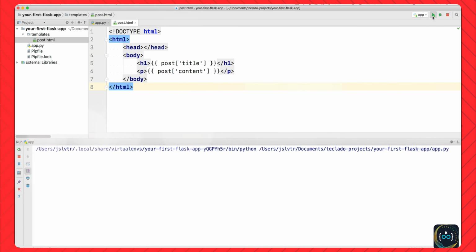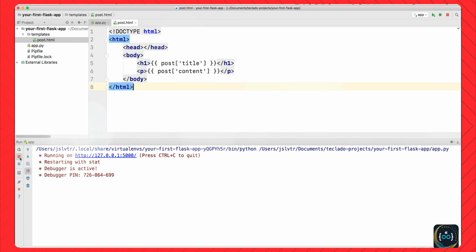Let's run the app again. By the way, as an aside, remember to stop your app every time you want to do something else. Flask does not work well if you forget to stop the app. Okay? Just remember to stop it. I've not mentioned this before, my apologies. Remember to stop your app after every time you want to restart it, because if not, it won't let you,